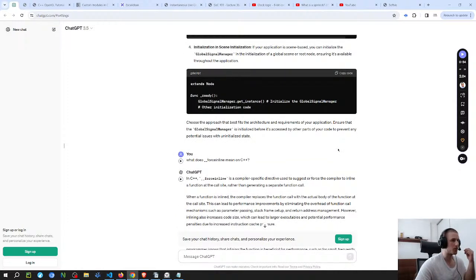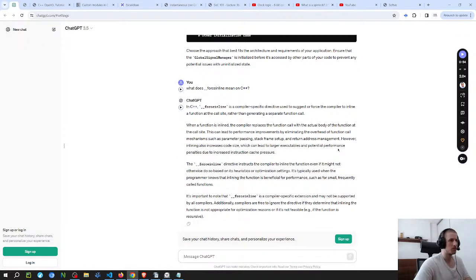Let's see what ChatGPT thinks. Compiler-specific directive used to suggest or force the compiler to inline the function at the call site rather than generating a separate function call.